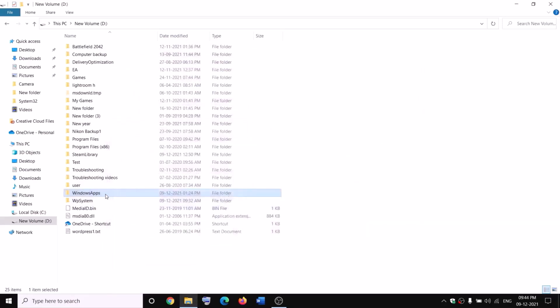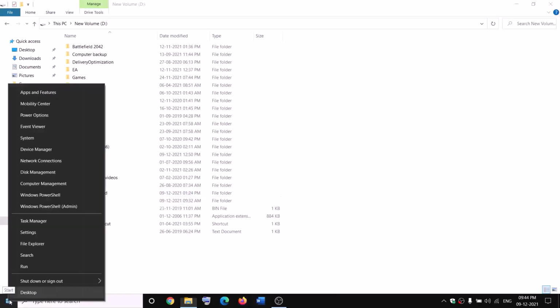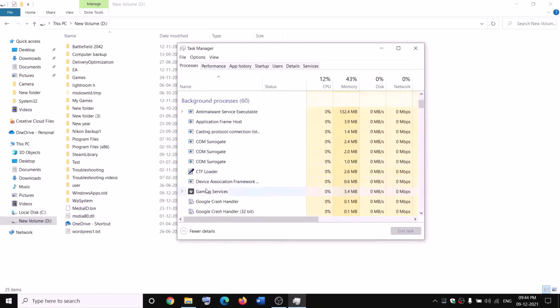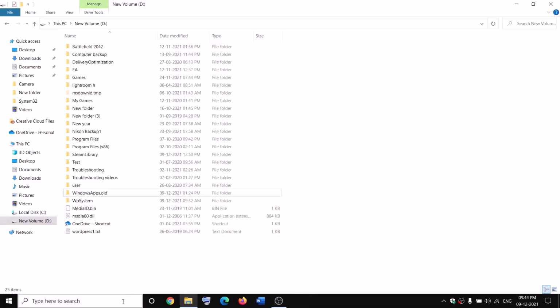Now make a right click on Windows apps and then click on rename and then rename it as Windows apps.old. Now while renaming it, if you receive any kind of error message which says file is open, in that case open Task Manager on your computer, make a right click on the start menu, click on Task Manager. Now if you find Gaming Services, make a right click and then click on End Task, and also open Services